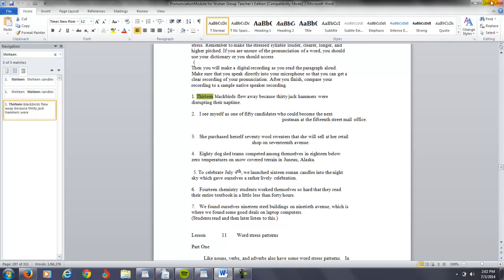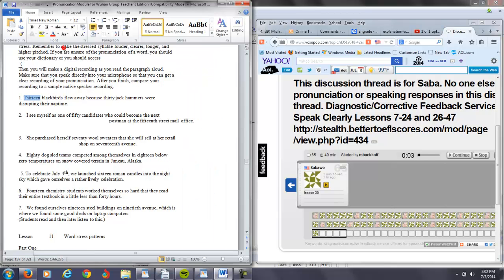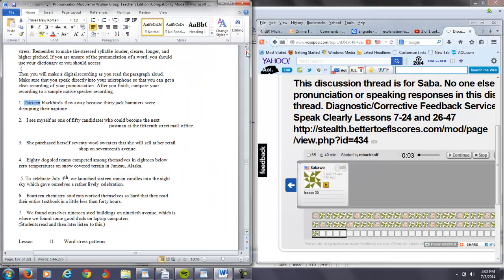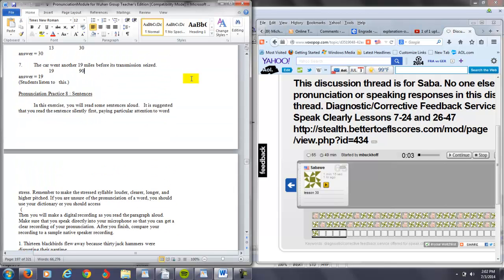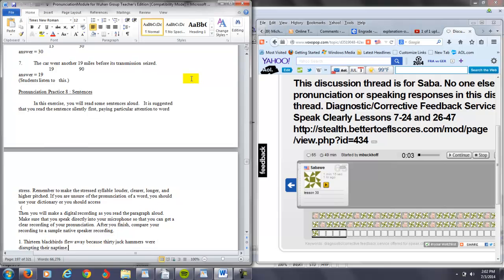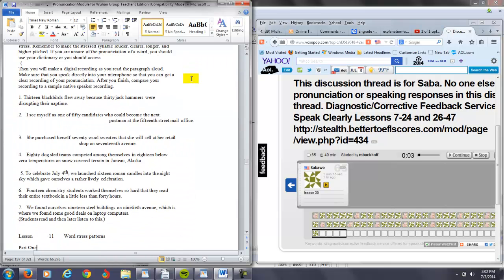Okay, got it. Let me make sure here. So again, you are paying attention to word stress, focusing on the stressed syllable of the different words in those sentences. So you say